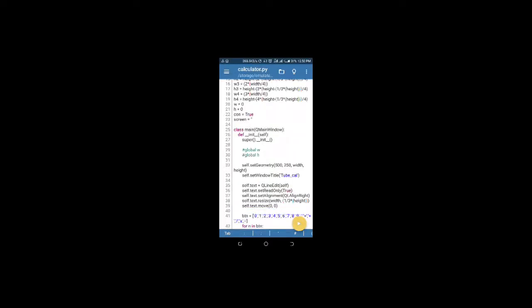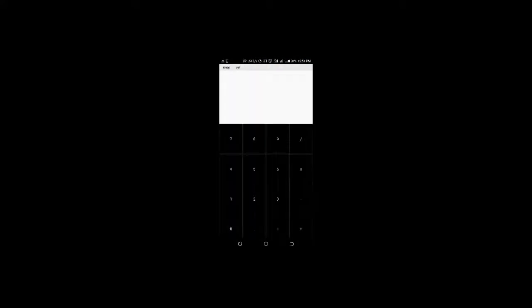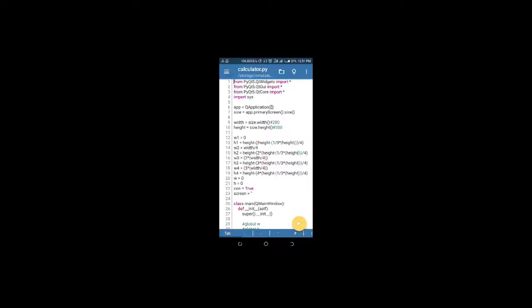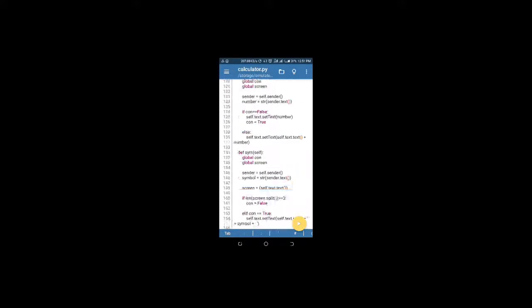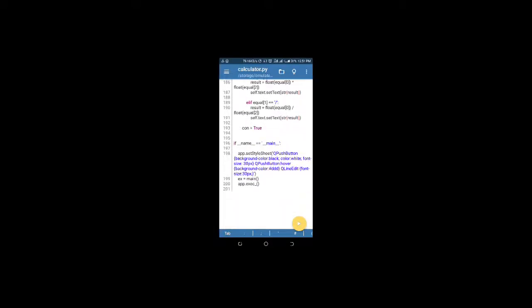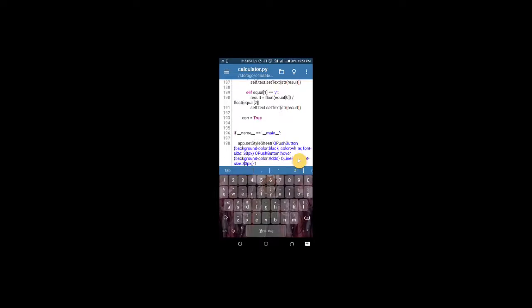Now let's run it. Now everything looks okay except for the fact that our display is very small. So let's fix that now. Change this to something like 90. Now let's